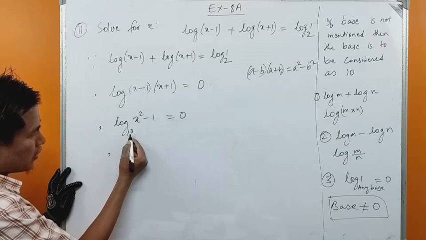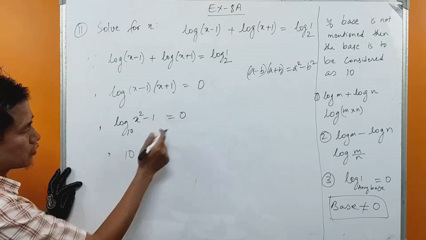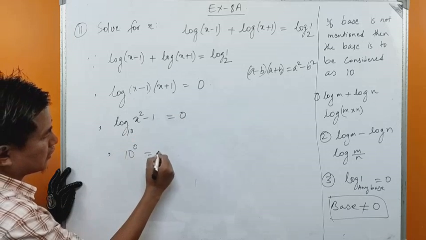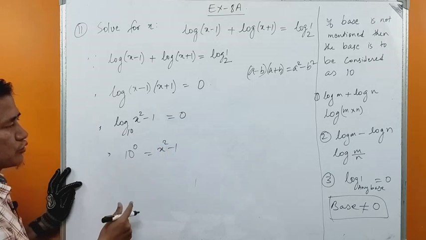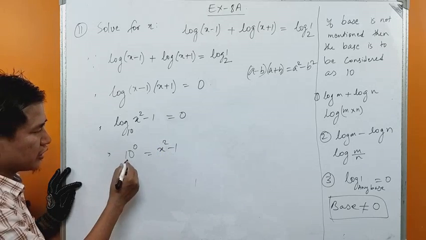Now this 10 is the base here. So 10, this 0 comes here as power, equals to x square minus 1, goes to the right hand side. Now we have 10 to the power 0, isn't it? So 10 to the power 0 means